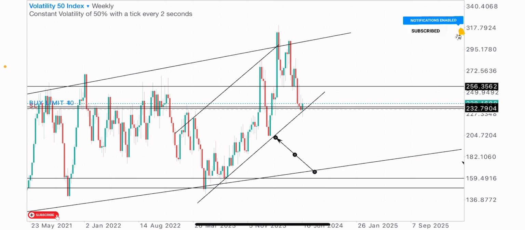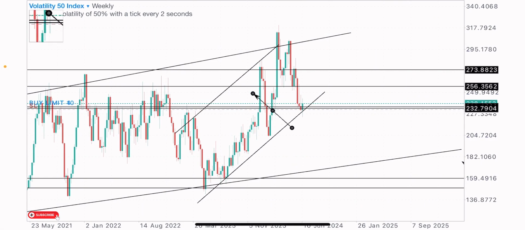And we have this level as well to watch out for. Regardless of expecting the buy to the upside, watch out for this level, because we have a formation here that looks like an order block formation, which the market could react to. We have this base drop, so we could see a possible reaction on this level. But our first target level should be on this first line, the level of 256.3562.